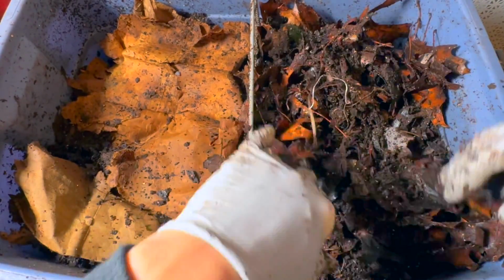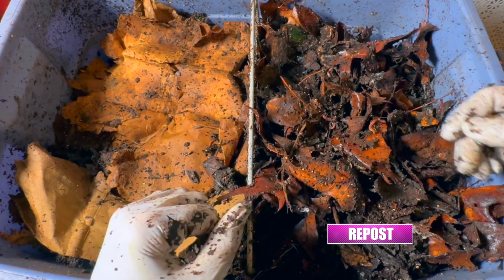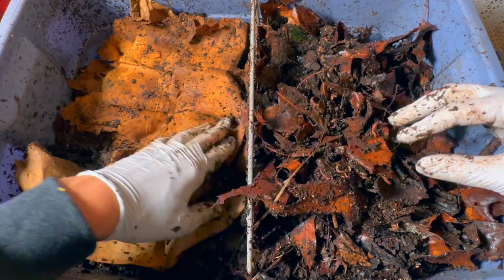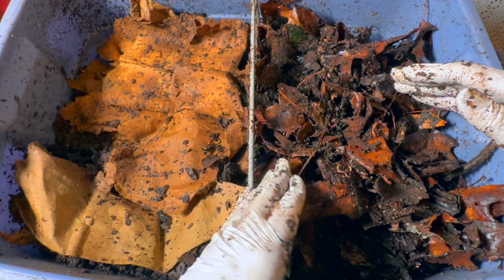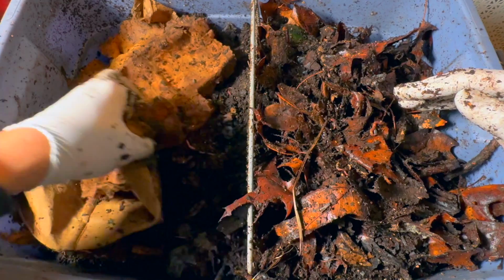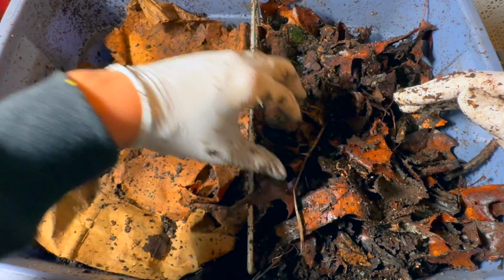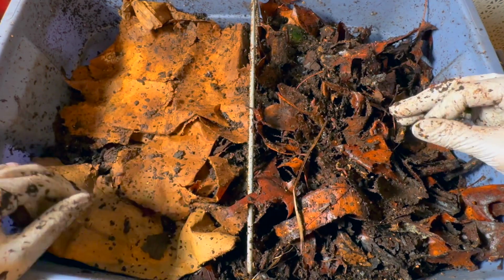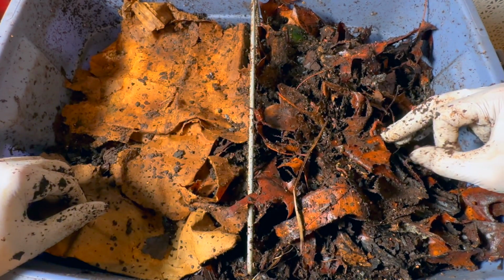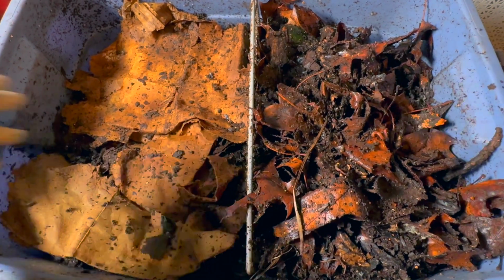So this is how I store my worm castings. It's a really effective way. The divider mesh, you can actually keep on moving it to the point that you can have 3/4 of the bin filled with worm castings that are already processed, and you have that little section where you keep adding food. And what that allows is for the whole system to stay more active, to stay more vital, and you're able to store the worm castings without losing their fertility,